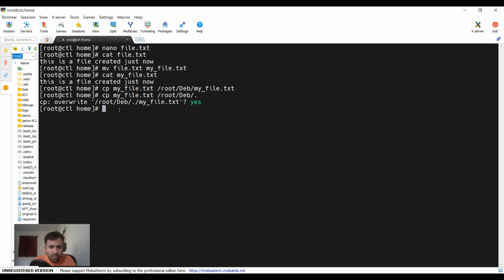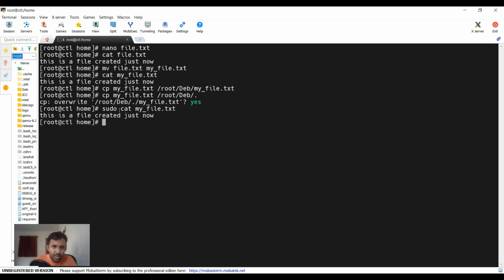But if you're logged in just as a user and you want to run something as administrator, for example in Windows we right click and run as administrator with administrative rights, instead of that you can just run any command with sudo before that command. For example, if you want to read something, sudo cat